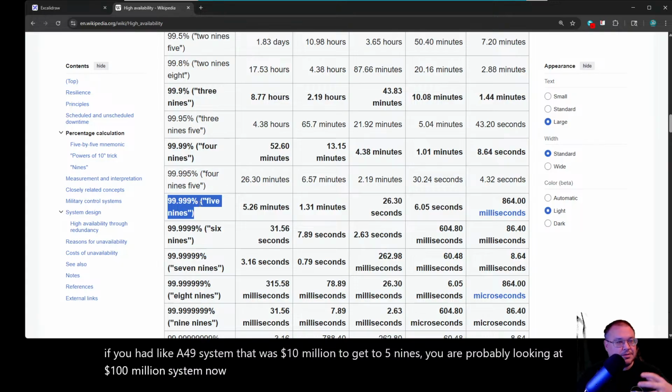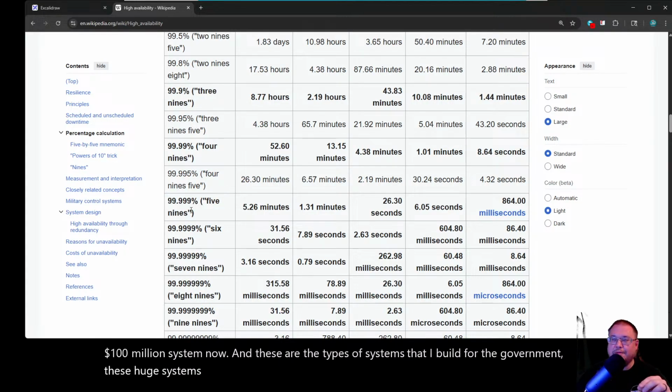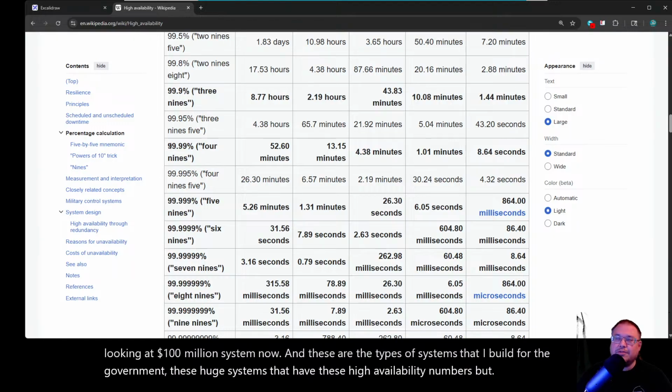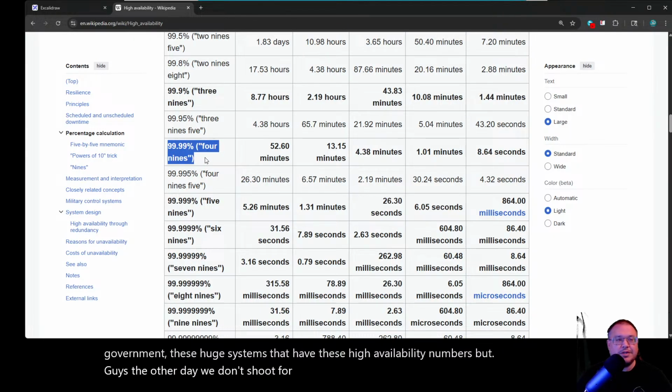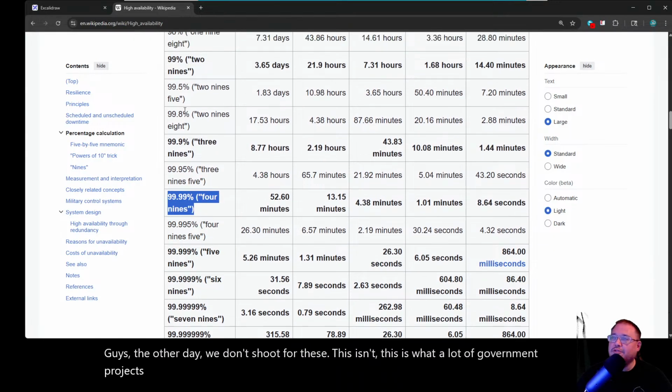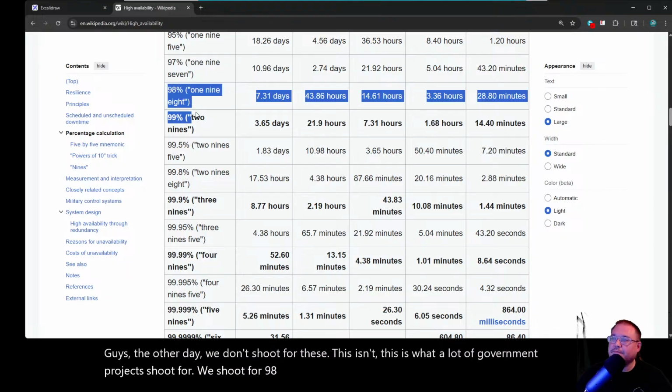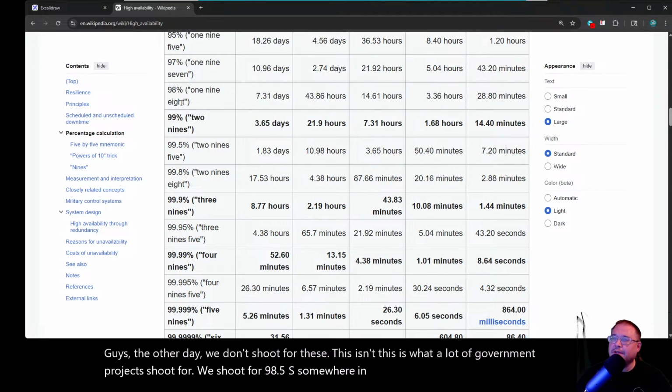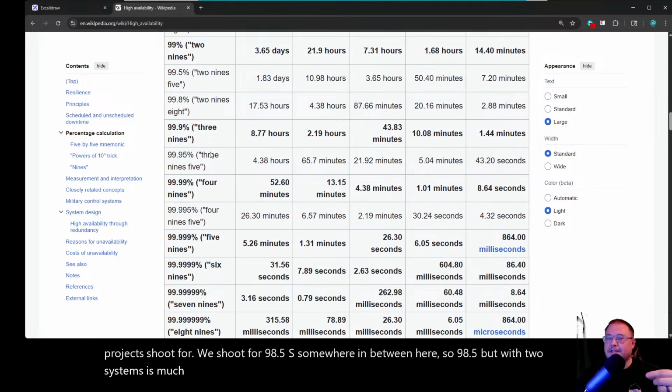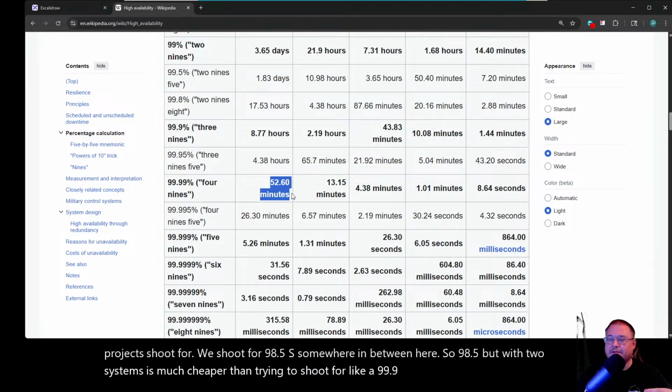These are the types of systems that I build for the government, these huge systems that have these high availability numbers. But I was telling you guys the other day, we don't shoot for these. This isn't what a lot of government projects shoot for. We shoot for 98.5, somewhere in between. So 98.5, but with 2 systems, is much cheaper than trying to shoot for 99.99, which is 4.9s, very low downtime.